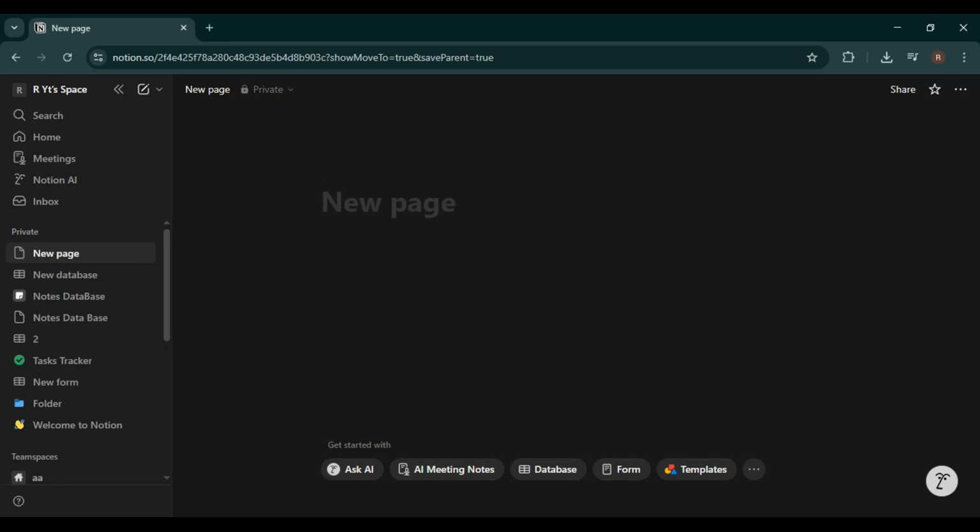In today's video, I'm going to show you exactly how to connect OpenAI ChatGPT-4 with Notion step by step. This setup is incredibly useful if you want to bring AI-powered writing, summaries, task automation, or knowledge management directly into your Notion workspace. Whether you're a student, creator, or professional, this integration can seriously boost your productivity. We'll walk through the entire process from inside Notion, and by the end of this video, you'll have ChatGPT connected